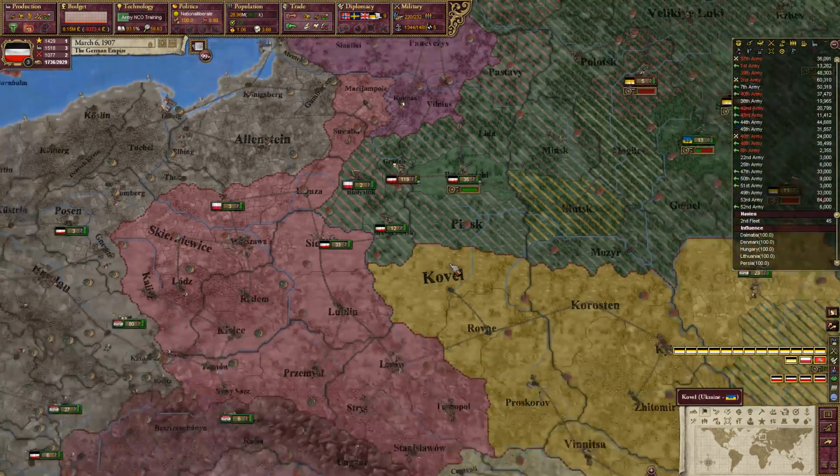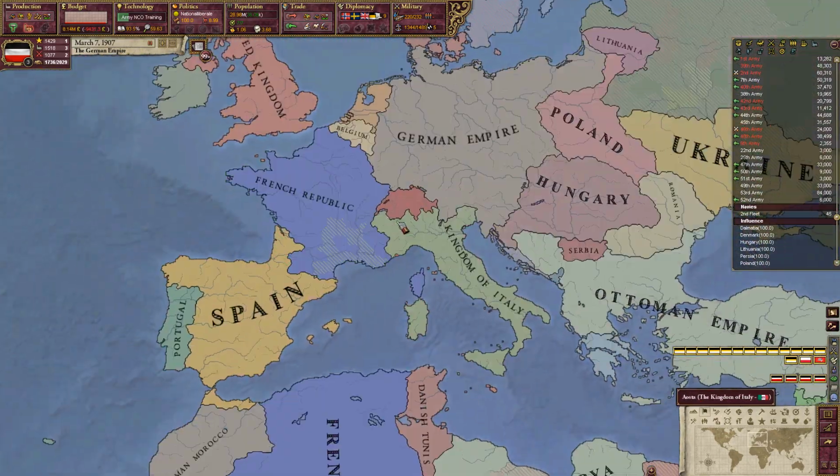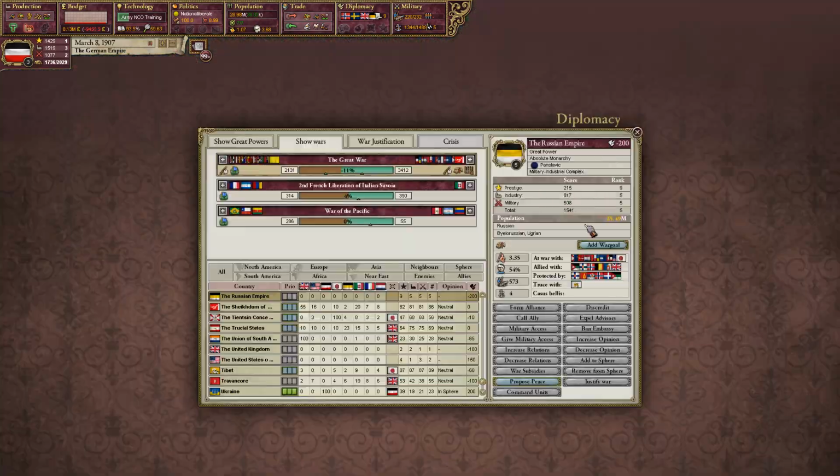Give me my frickin'... You know, France, you get a military access. I don't care. Fight the Italians. It doesn't matter to me. Weaken each other. I'm weakening myself against Russia right now, so...